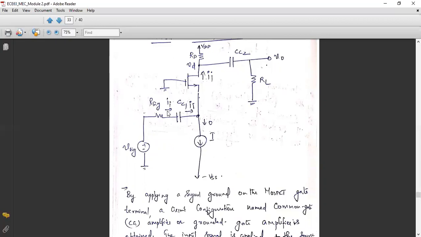Now, this is your input current IA. Once this current enters this particular node, it will be splitting into two components. As you can see here, the current entering this particular terminal is zero. So you can assume that the entire current IA will be flowing in this direction. Whatever current IA is entering this node, since the current through this particular terminal is zero, this entering current will be going upwards through the MOSFET towards the drain terminal.